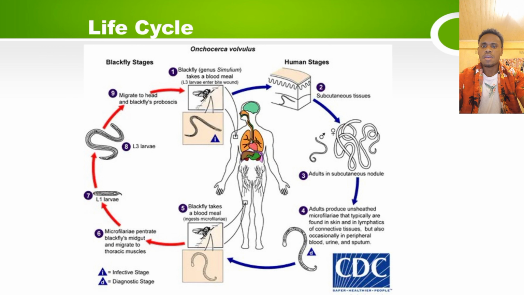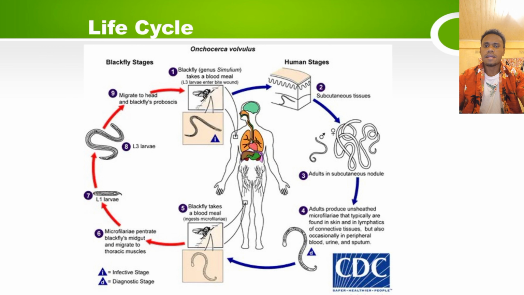in these nodules. And in stage 4, after mating, the mature female worms produce eggs which develop into immature forms of the worm called microfilariae. The worm may produce 1000 microfilariae each day. The microfilariae typically live in the skin and the lymph vessels, but are occasionally present in the bloodstream, urine, and sputum. In stage 5, the infection spreads when a black fly bites an infected person and is infected